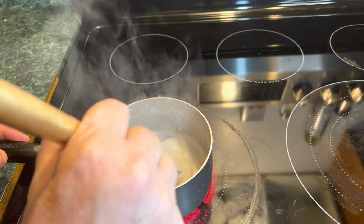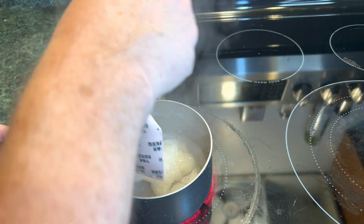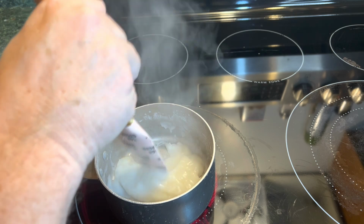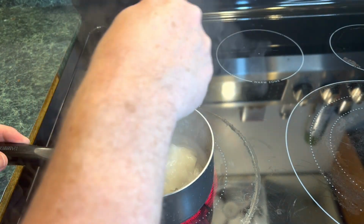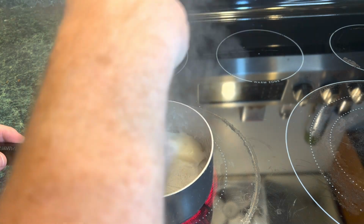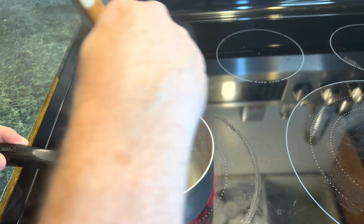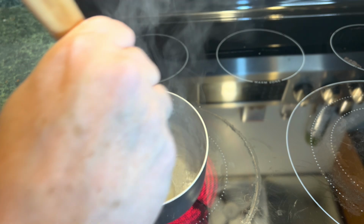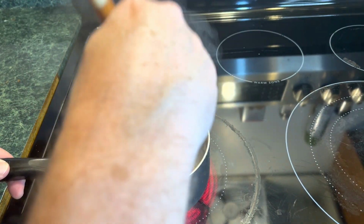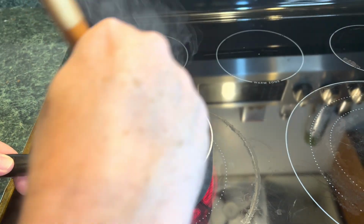So this is the roux that we're making. See that? Just got to make sure you keep it from burning or anything like that. Keep it moving around. Now you see that? That's almost perfect right there. So what we're going to do, we're going to set this to the side. We're going to put it in a dish and let it start cooling while we work on the rest of